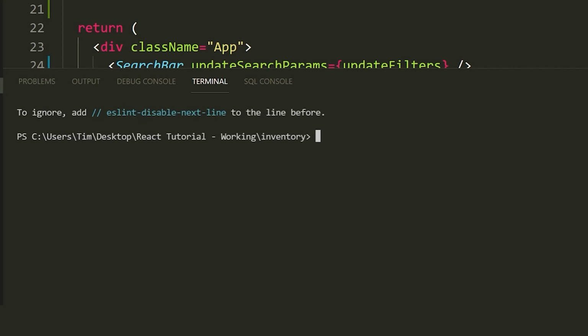So to install Bootstrap, what we need to type is the following: npm install, and then react-bootstrap like that, and then bootstrap afterwards. Now, I know some of you are going to get mad at me for mixing npm and yarn. There is a way that you can install this using yarn. Again, please do look up the difference between npm and yarn if you're interested. Not something I really need to cover here. This is just for beginners. I just want to get you guys up and running as quickly as we can. All right, so I'm going to say npm install react-bootstrap and then bootstrap like that.